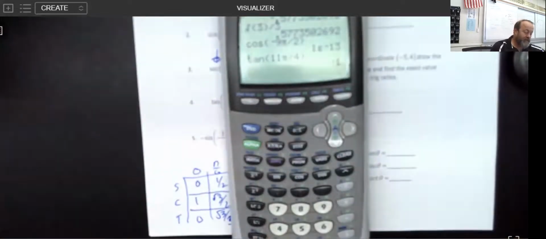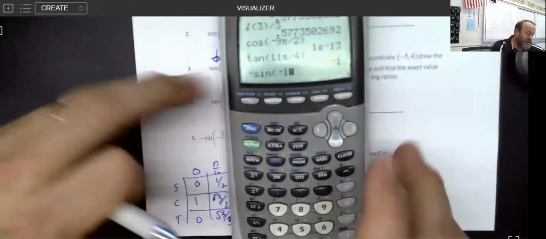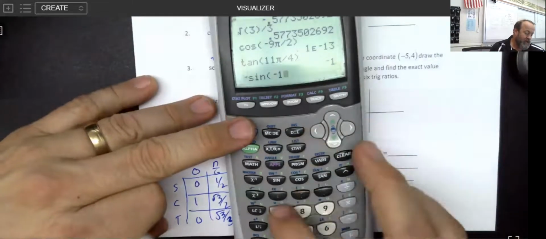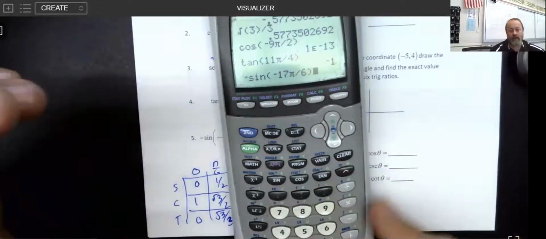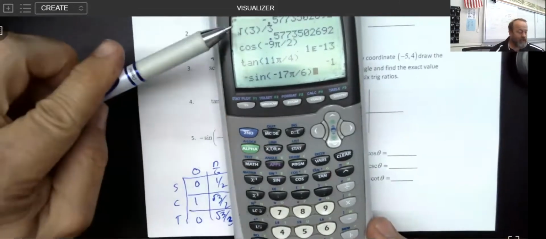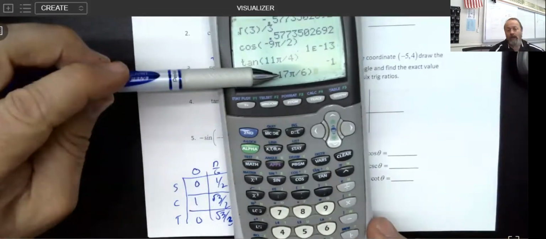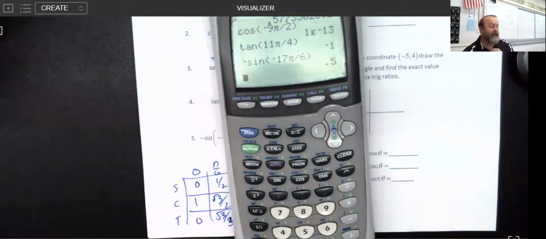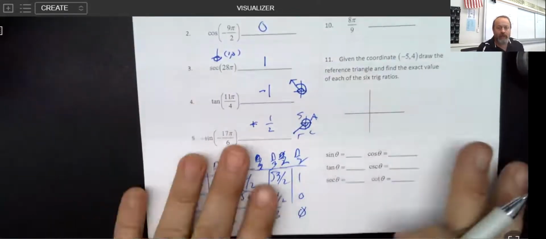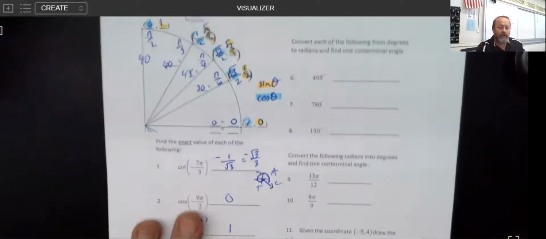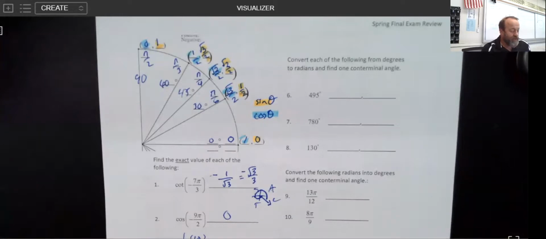But it would be silly if you have a calculator in front of you not to ask the question. So we've got -17 pi over 6. And my calculator, I put the negative in here, I put the negative in here. It's going to handle that perfectly fine and say, hey, you got a half. Okay? Now, moving on a little bit, away from the unit circle, just thinking about stuff, let's figure out what